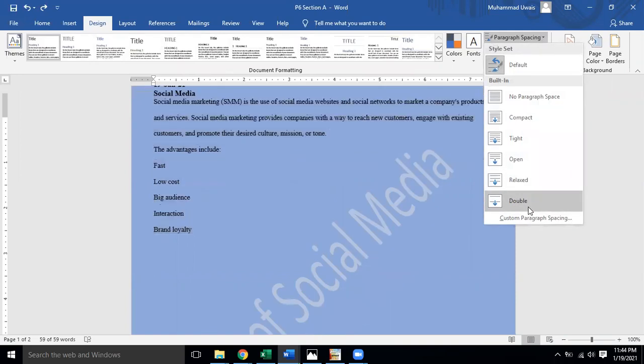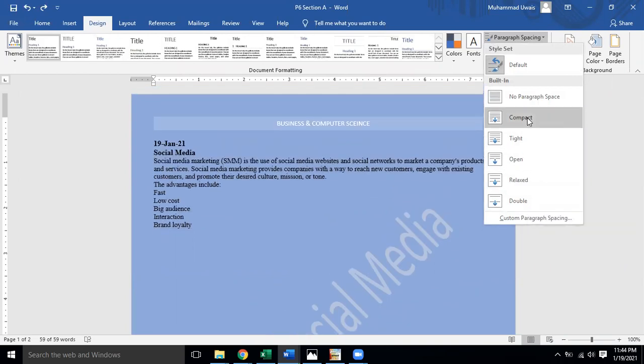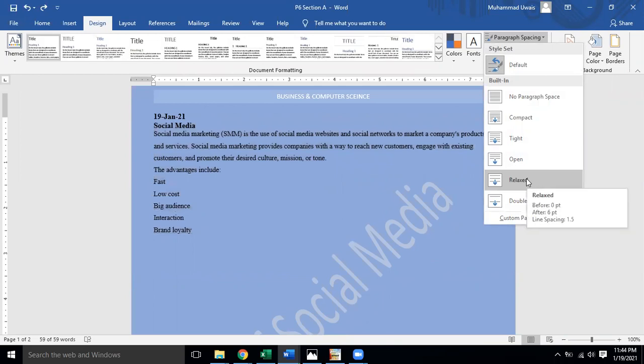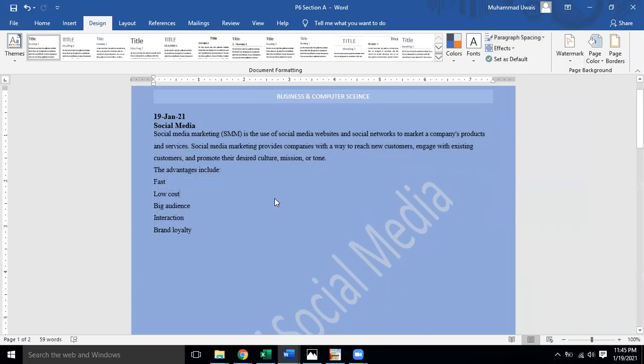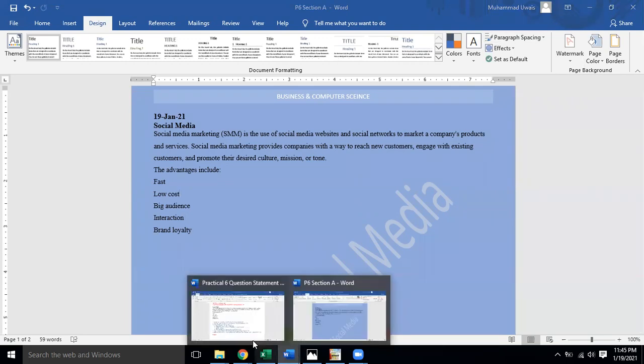If you go to double, for example, the lines have too much distance; there are also open, tight, and compact. We have to apply relaxed, which is a normal one, where we have line spacing in this way. So we are going to apply the relaxed paragraph spacing.